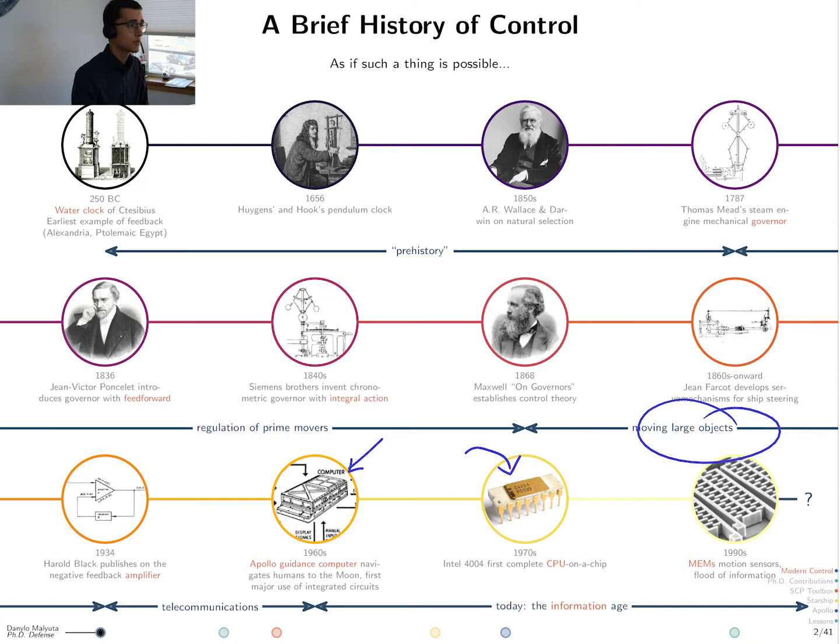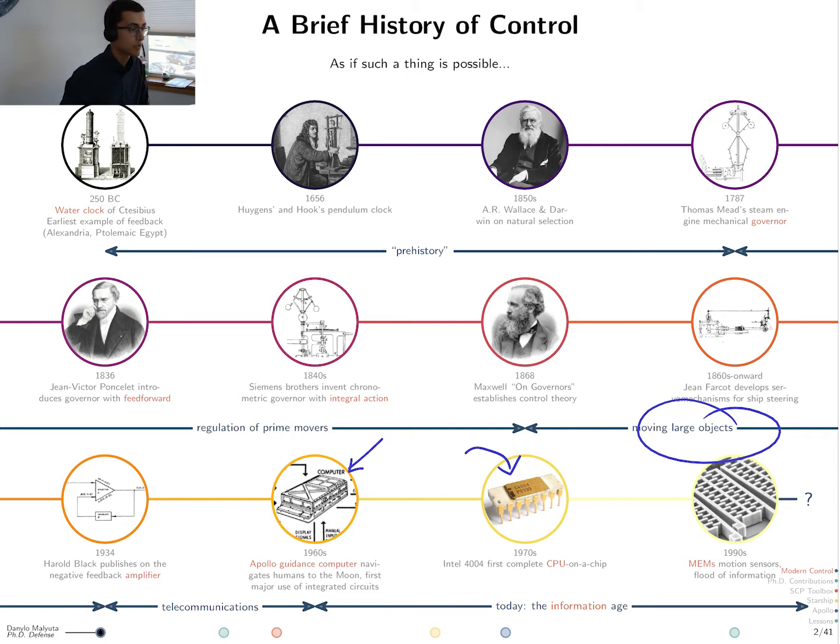So I'd like to begin with a brief history of control. If such a thing is possible, I won't dwell on this too long. Control began a long time ago, and it began with clocks, unsurprisingly. Water clocks, pendulum clocks, even natural selection and evolution theory touched them. And then control for a long time, from the 1700s onwards, was all about controlling steam engines with mechanical governors. So it was all about speed regulation of some of the earliest engines of the Industrial Revolution, after which we